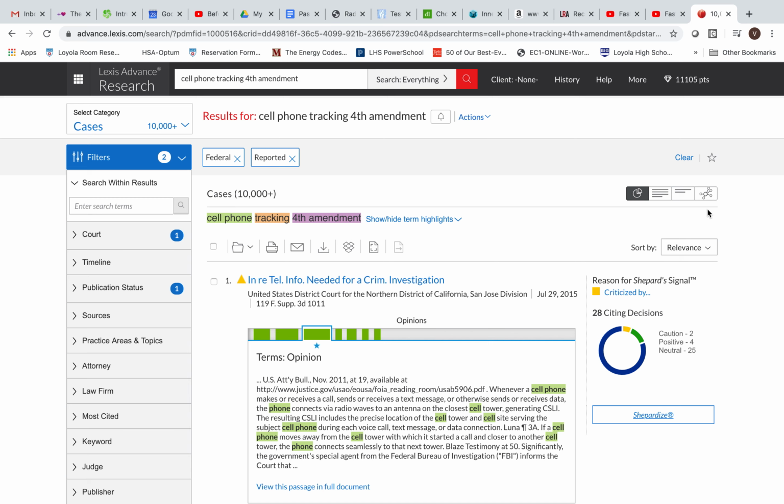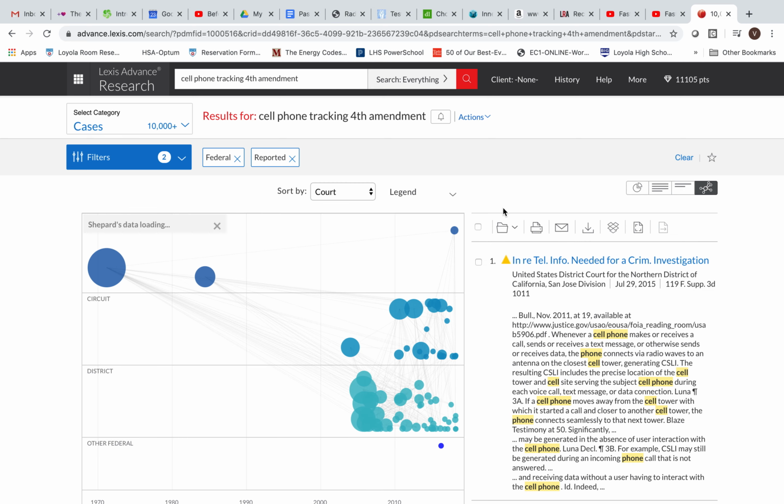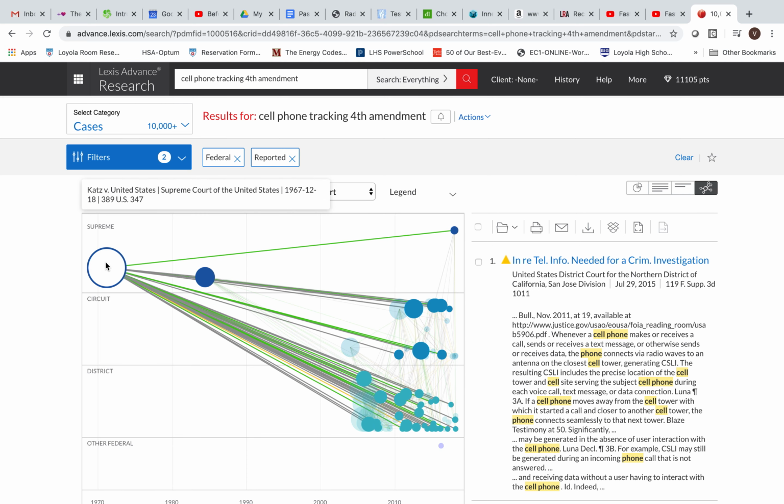What Ravel does is it takes the top 75 cases on my cite list over here. I'm going to click it now, and it reorganizes it in a visual format. And what it's allowing you to do is see the major cases right away. We like to say that this is the quickest way to find on-point cases. If you just want to throw in some search terms up here, click on Ravel, and then see the largest